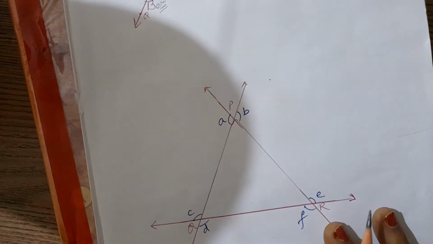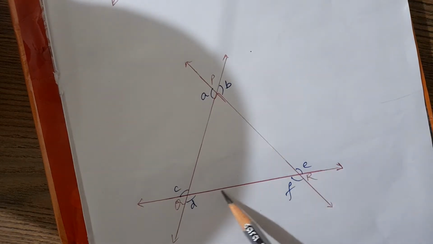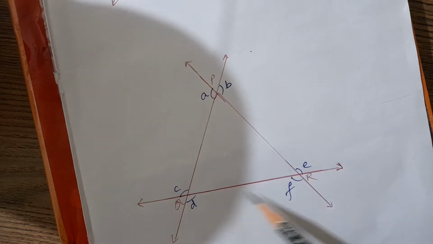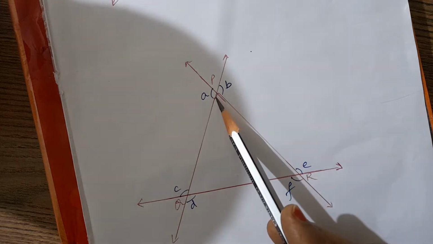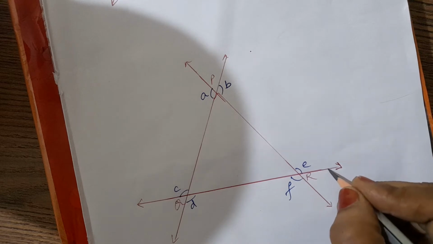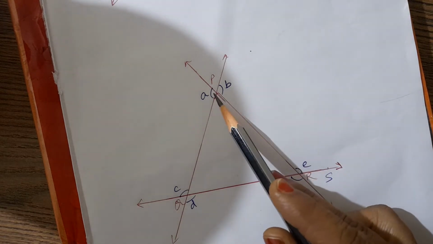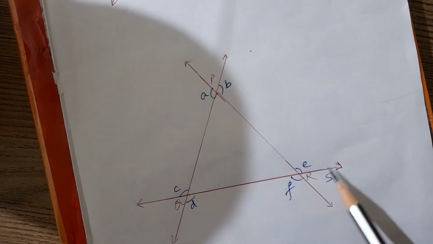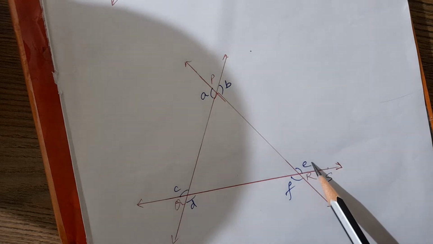So see here, I have extended. Now you can see, children, I have taken a triangle PQR. In this I have extended the side QR and I am getting angle PRQ. I can take one more point here, say for example S. Then, children, here angle PRS is an exterior angle. I have marked it with the letter E. So this is also an exterior angle.